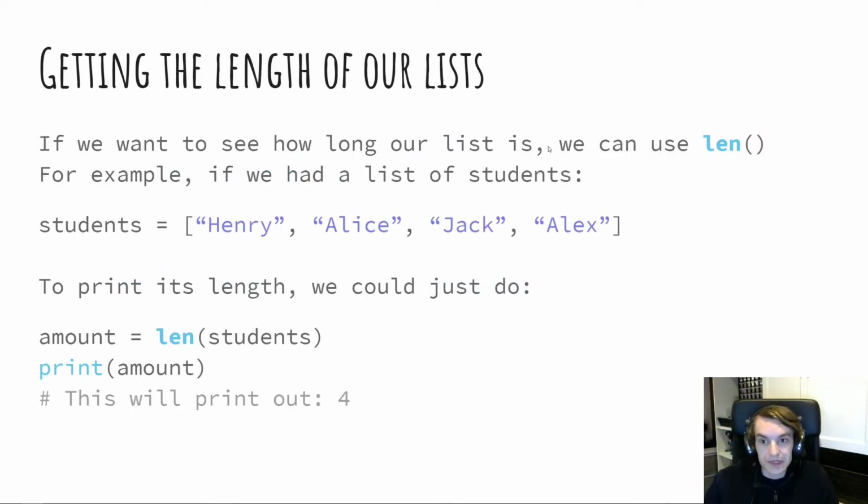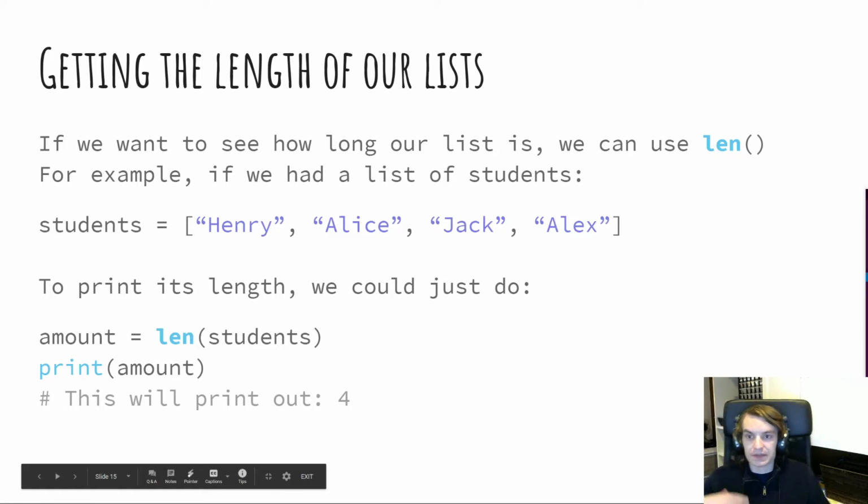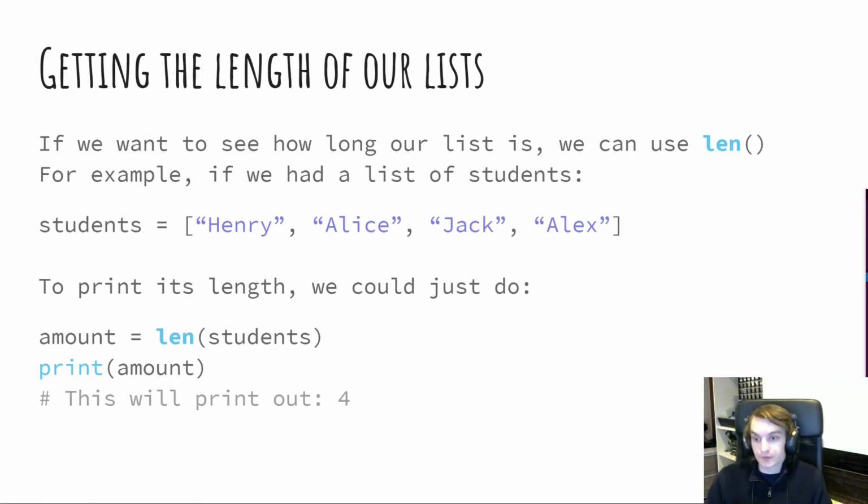So we also can check the length of our lists fairly easily. Again, this is more useful when you're changing your lists on a regular-ish basis. If you just create it once and then never touch it again, then you can just have a variable that holds on to that. But if, for example, you had a list of the enemies that you were drawing, then having the length of the list and being able to get that fairly easily is important. So in this case, the way that we do that is using len, L-E-N, like the first few letters of length. So we will quickly demo that as well.